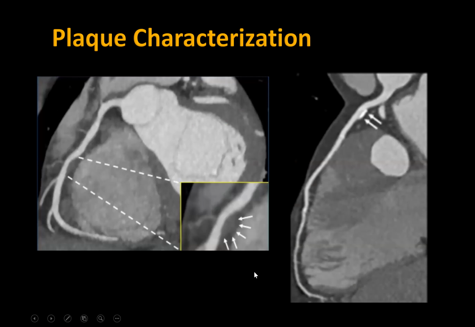And the third thing is positive remodeling. What is that? That is when part of the segment is involved by plaque, any plaque, sometimes soft plaque and sometimes calcified plaque. They cause an outgrowth of the plaque, causing local dilatation or local enlargement of the vessel. This is called positive remodeling. In the case of soft plaque, this remodeling soft plaque is also vulnerable plaque. This is one of the criteria of vulnerable plaque. So we see that CT angiogram can characterize plaque very well.